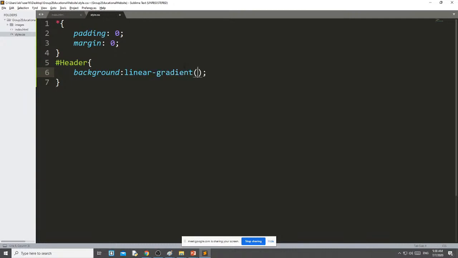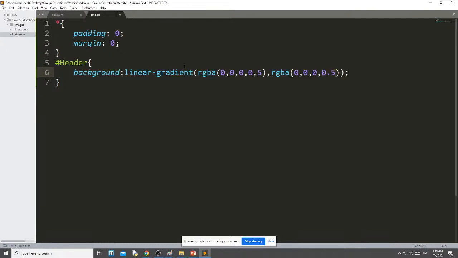Okay. Here I am using RGBA 0, 0, 0, 0.5, then comma RGBA 0, 0, 0. This is typically what we use for a shadow effect.